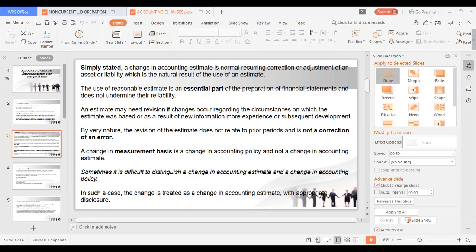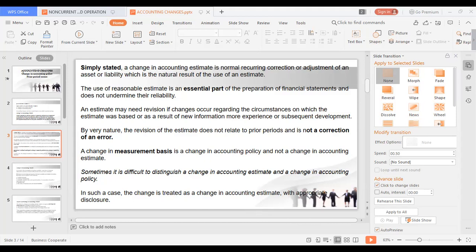On January 1, 2020, the entity determined that the machine had a useful life of 5 years from the date of acquisition with residual value of 100,000. So what is the depreciation for 2020? The answer is letter A for 8.5, so it's